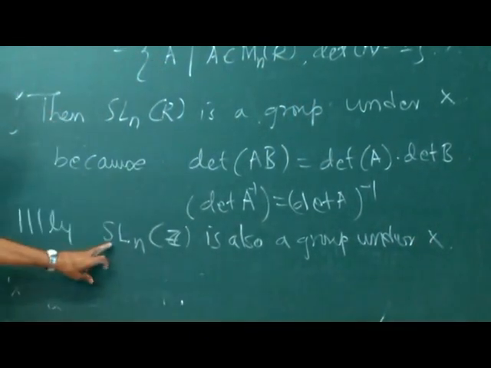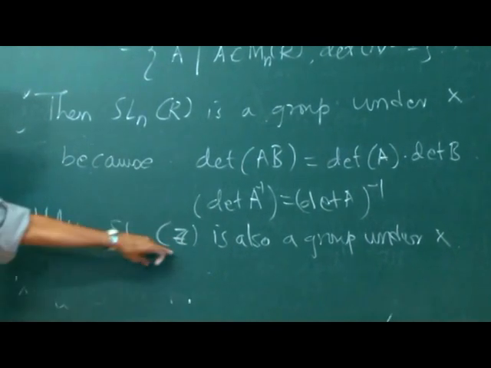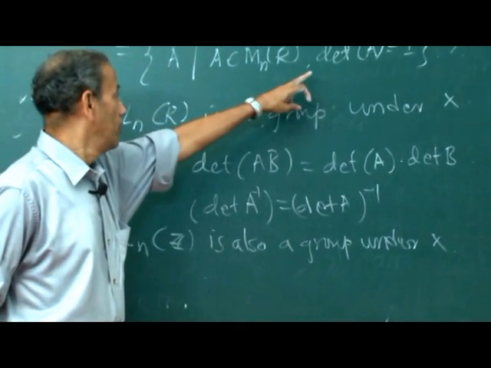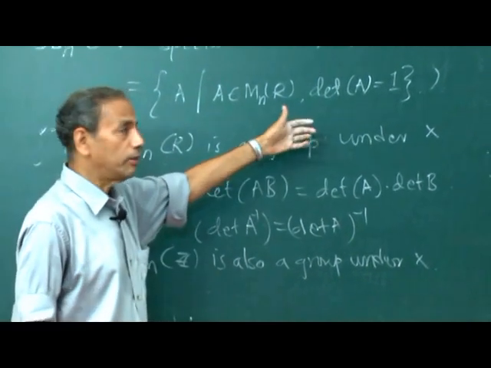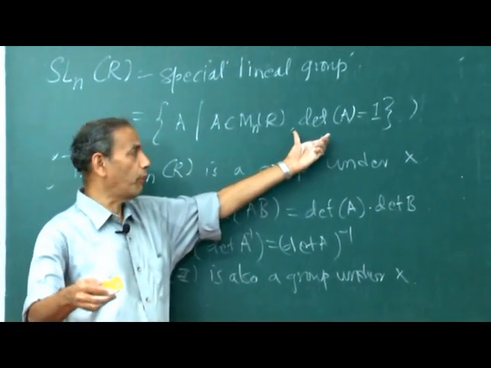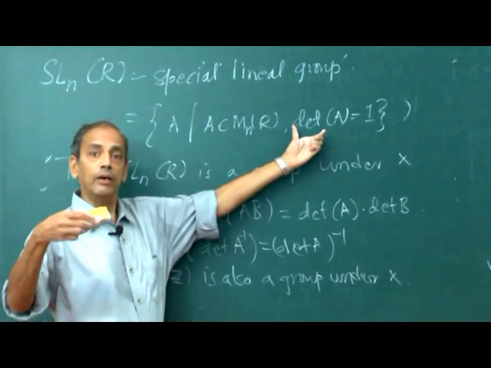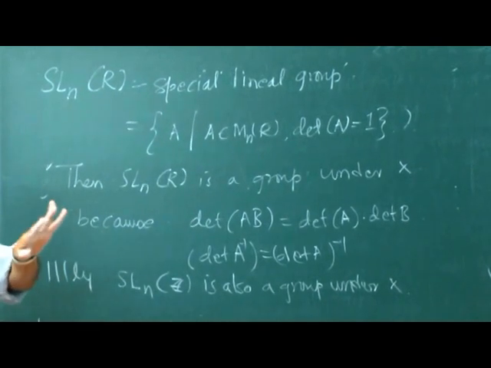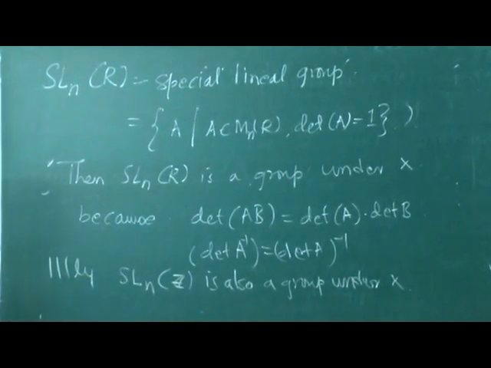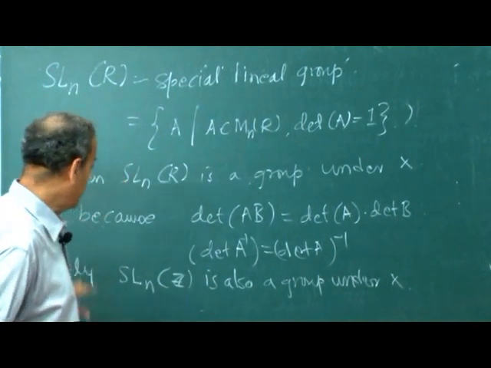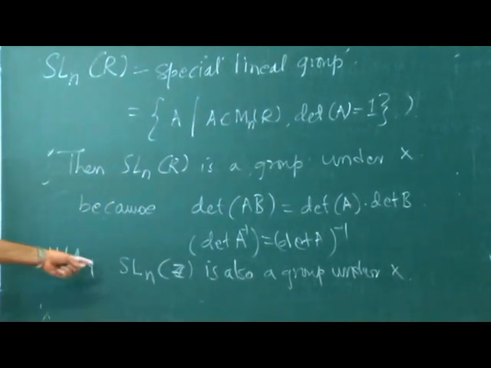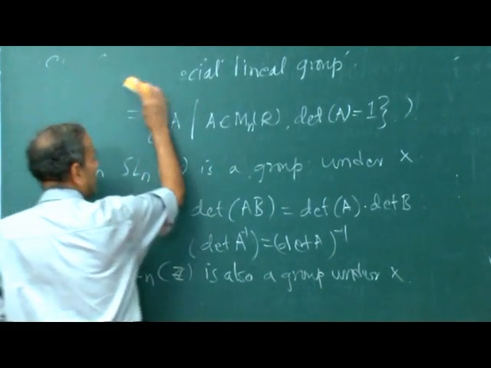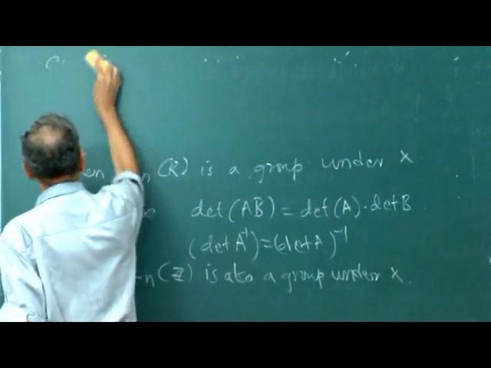Okay. So even though GL_n(Z) was not a group, SL_n(Z) is a group, because the inverse of a matrix is also in SL_n(Z). When you take an inverse, the only thing that is problematic is that you have to divide by the determinant, but the determinant is 1. So entries get divided by 1, so they remain integers. That's why SL_n(Z) is a group. And it is not commutative. There are some subgroups of SL_n(Z) and GL_n(R) which are very important.